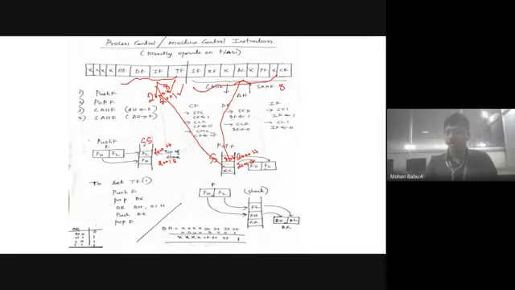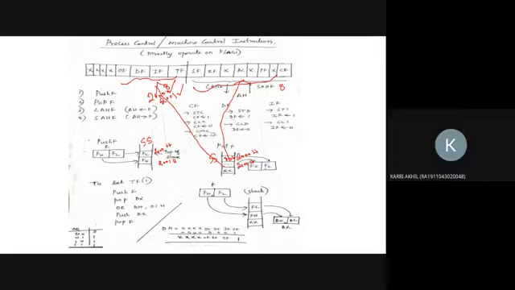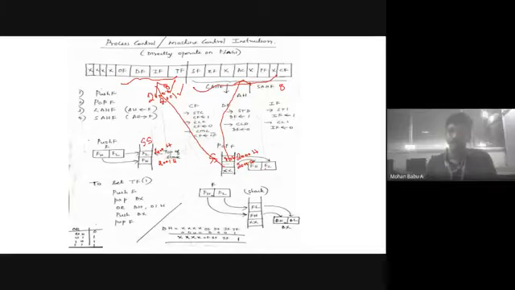Concept clear? Sir, you are showing that it is getting stored over the top position, no, sir? That I'm asking, sir. Yes, yes. For push, first we will move the higher byte and store it in the higher address. Then get the lower byte and store it in the lower address. If you are popping, this lower byte data is moved to the lower byte of the flag register. This higher byte will be stored in the higher byte of the flag register. Just transferring data. Clear? Yes, sir.